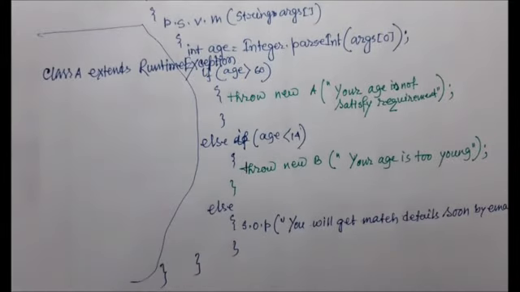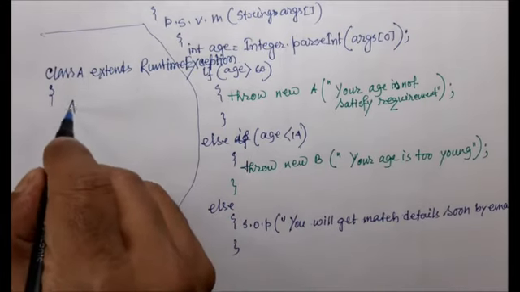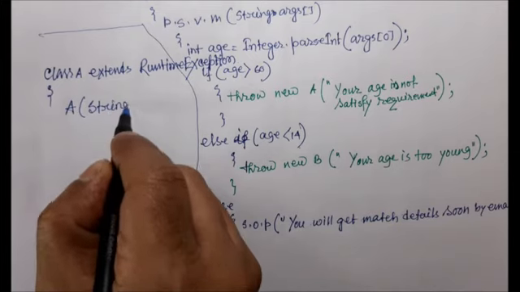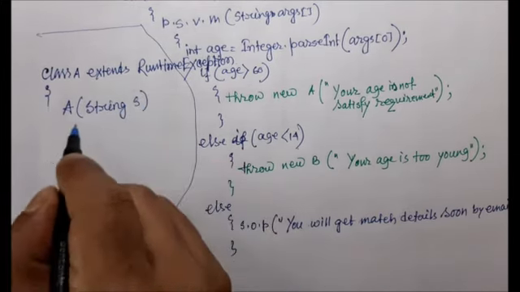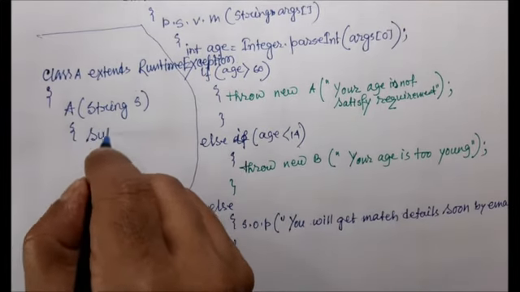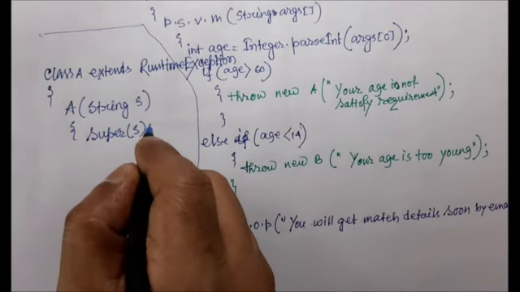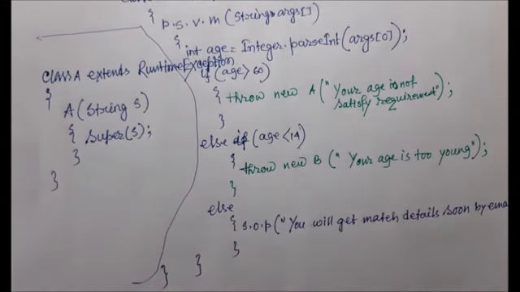Otherwise I have to handle it by using try catch, or use the throws keyword, nothing else. Within that I have to take a constructor and pass some argument. I will tell you why this string is very important, and why within this constructor I have to write the super keyword. Super(s), where s is a string, that string will be passed to the compiler. That is it, nothing else.